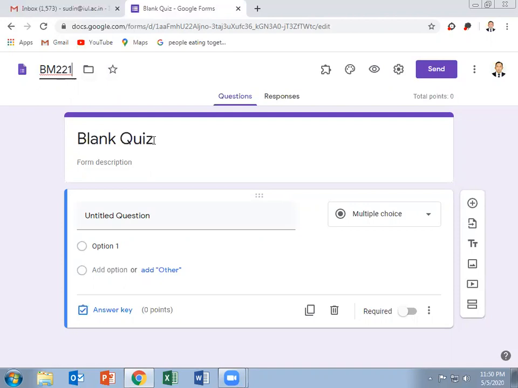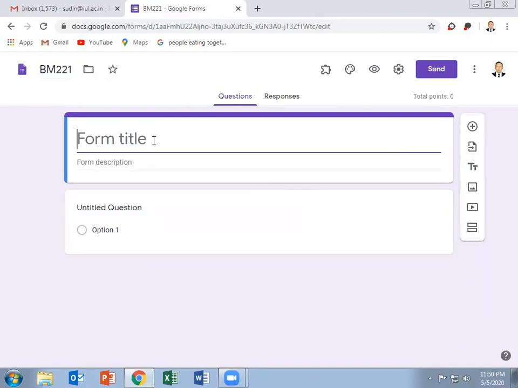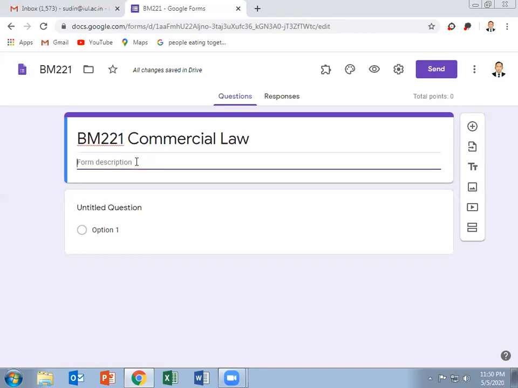Here in this part of the proforma, I have to fill not only the code but also the name of the subject as well. After this, we can see the form gives a direction where it states form description. In this, we have to write the maximum marks of the quiz and the duration for which the examination has to be there.